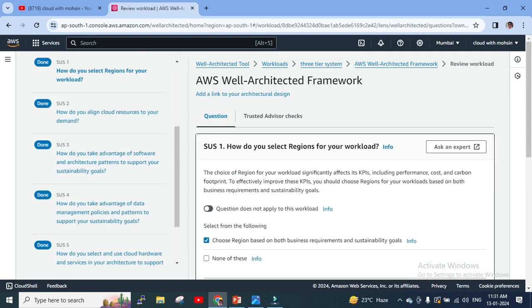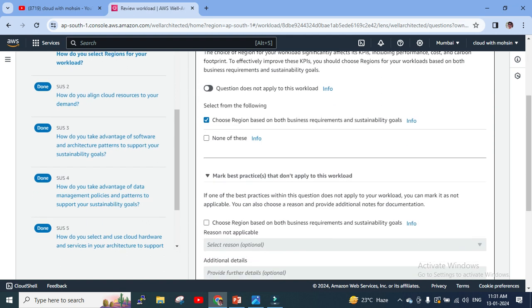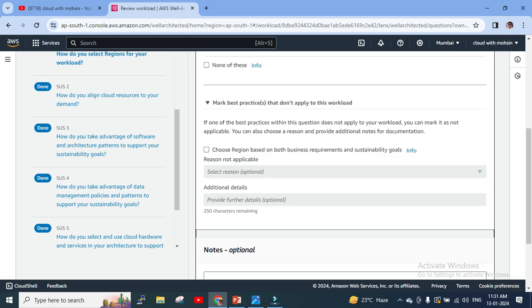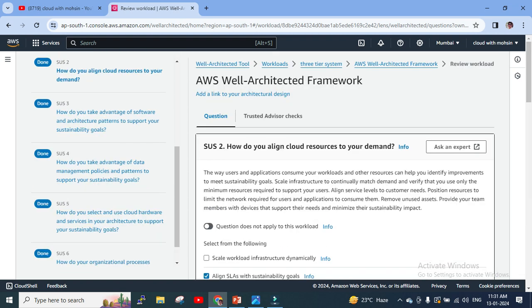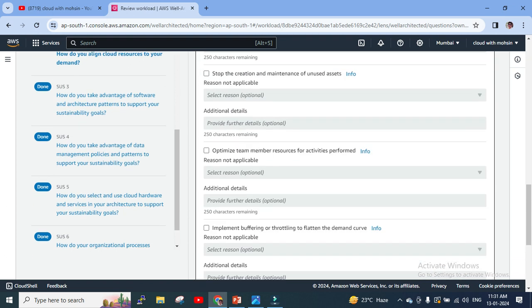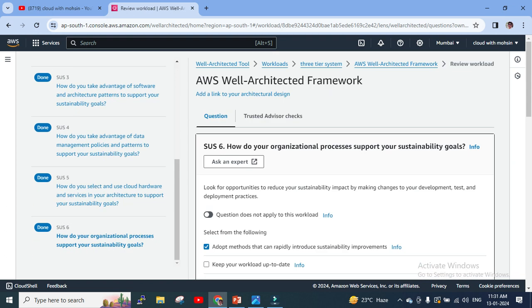Now sustainability, I'll take one question: how do you select regions for your workload? Choose region based on both business requirement and sustainability goals. So this is what I will select. So these are all the 57 questions, and once we are done with all these questions, then we can go back here